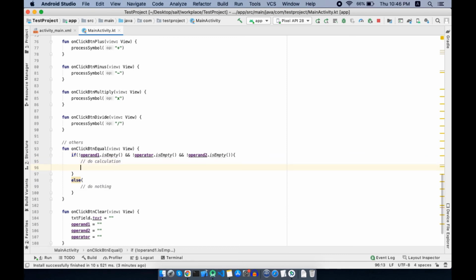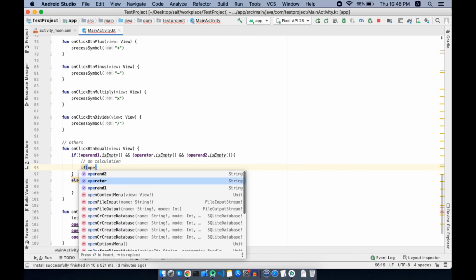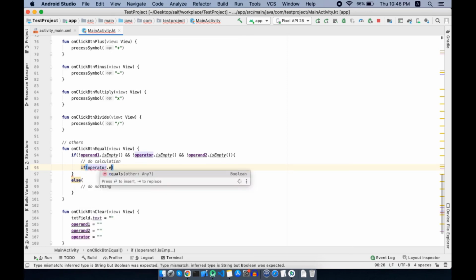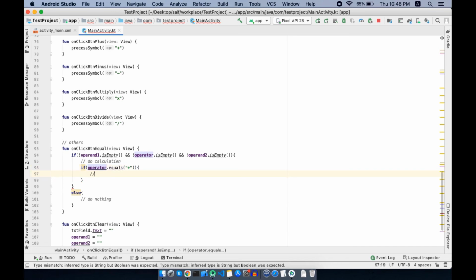Now to do calculation, first of all we need to check the operator. Let's write another if statement. If operator equals plus, that means we will do addition.